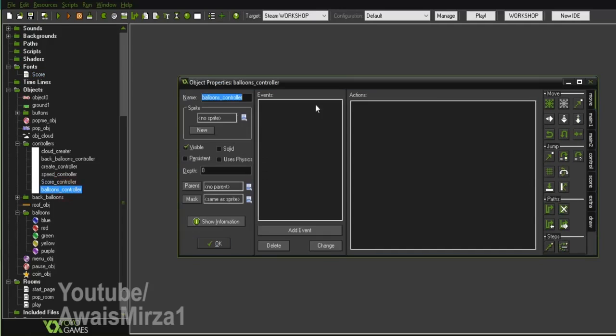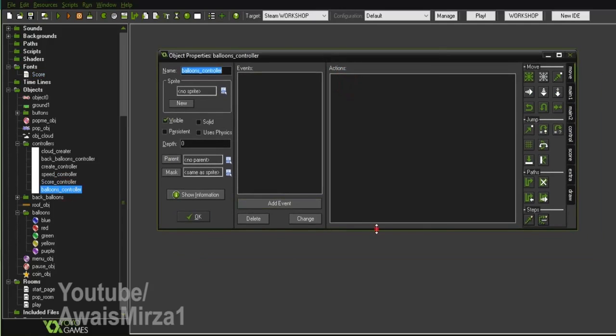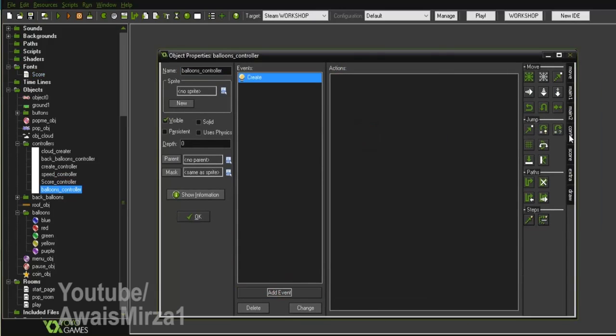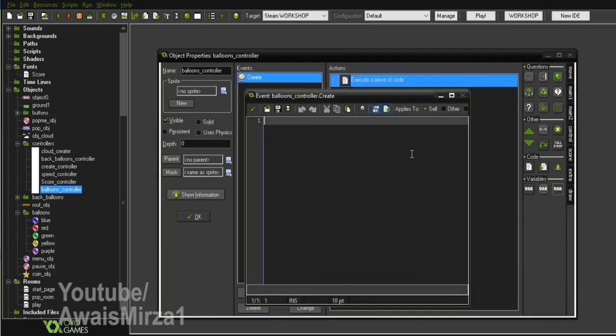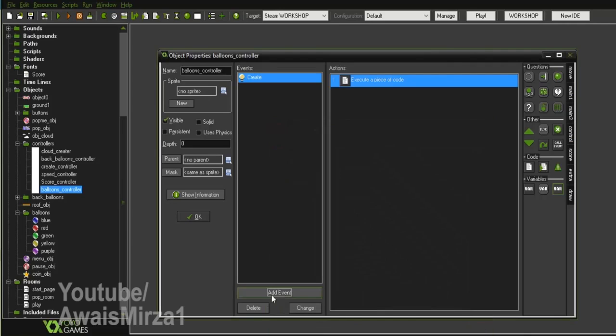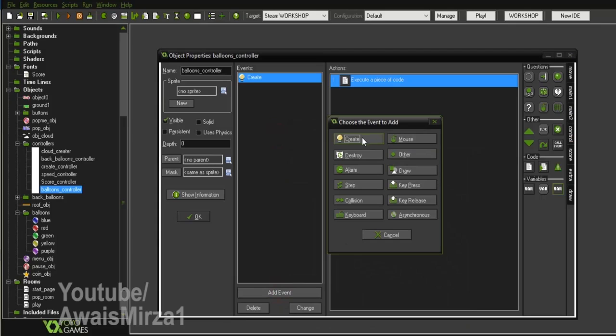So I'll open up the balloons controller again, and inside it, when this controller is created, we should initialize our variable that should have the value of total lives of our game. So I will write global.total_balloons, and total lives would be 5. Okay, so I'll click on the tick icon, and I will go to add event, and I will add another event